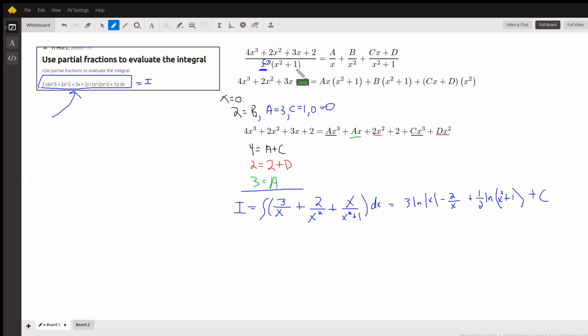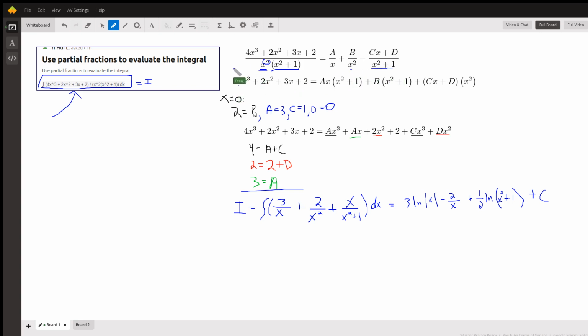This factor of the denominator is what we call an irreducible quadratic. And the numerator there has the form Cx plus D, or whatever letters we're at by that time, over x squared plus 1. Now, if we multiply both sides of this equation by the LCD of all these denominators, which would be x squared times x squared plus 1,